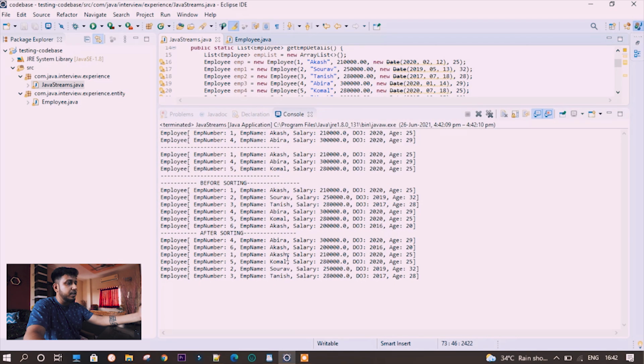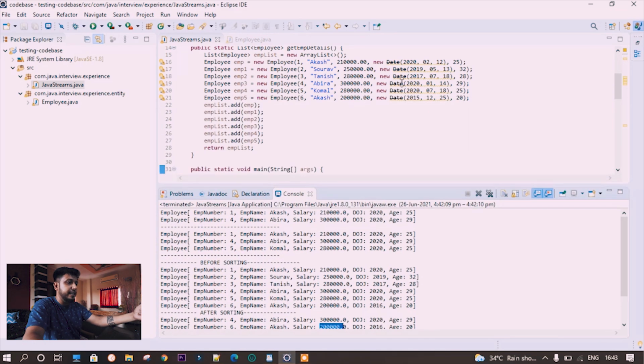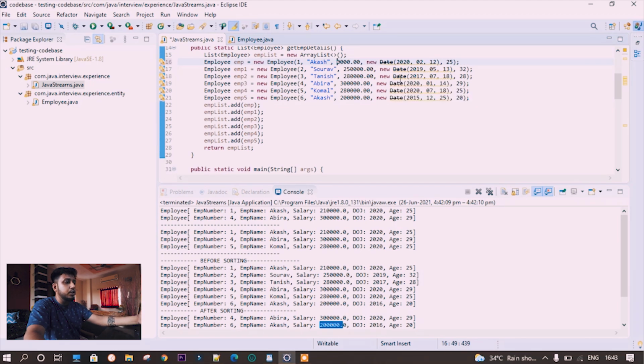After sorting, Abida comes first, as it is AB, and then Akash with 20,000 salary. We are doing it in ascending order. We can do it in reverse order as well. And employee Akash, whose salary is 2,10,000, comes next after the one receiving 2 lakh.